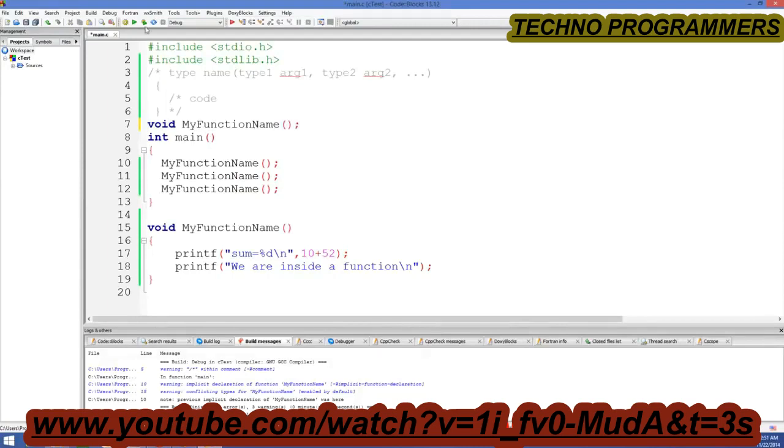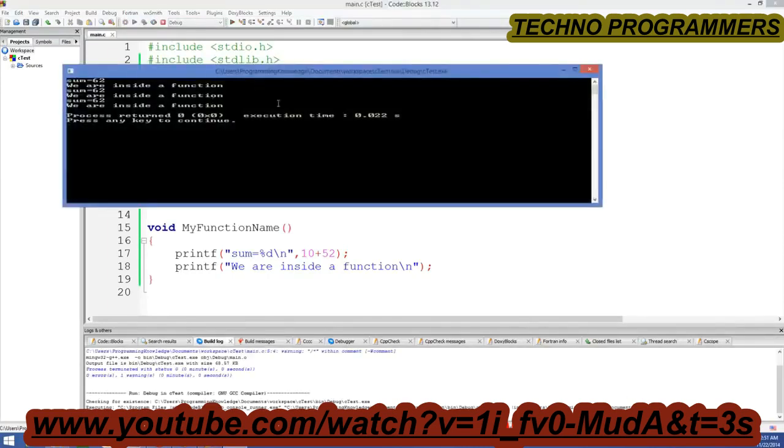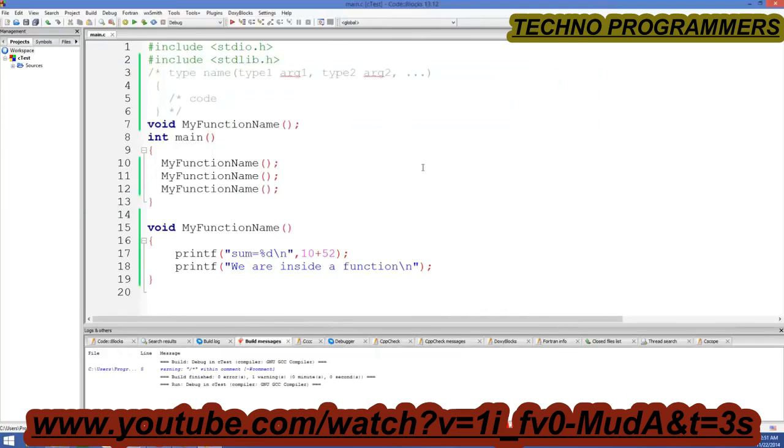Okay, and run it once again and it will execute fine. So this is how you can use functions in C. There are different kinds of functions, for example functions which take parameters or functions which return some